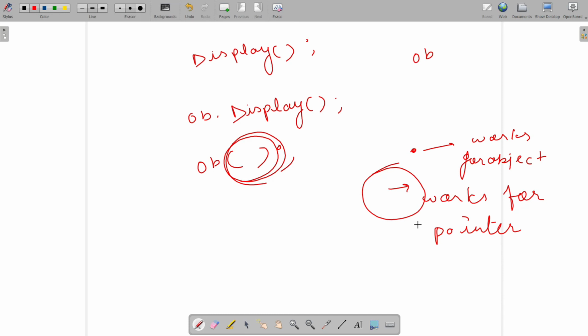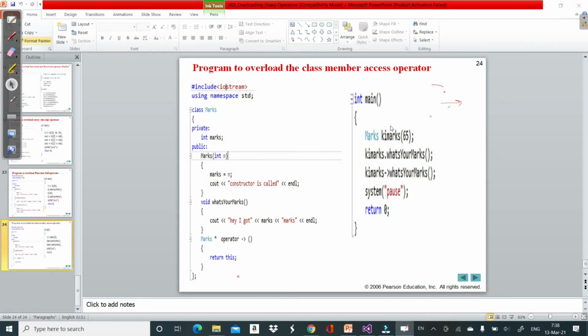By overloading this arrow operator, we mean that this arrow operator was working for pointers, and now it will work for objects also. So let's say we have a class named marks, with one integer marks, then a parametric constructor, and then a display function for that particular marks. And let's say we want to overload this operator. Because we know that this operator works for pointers, it should return a pointer.